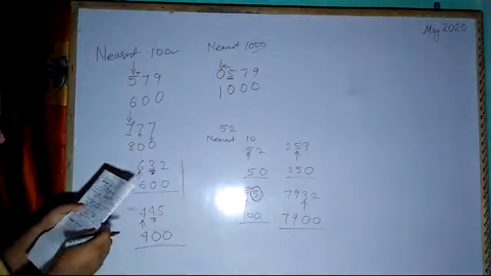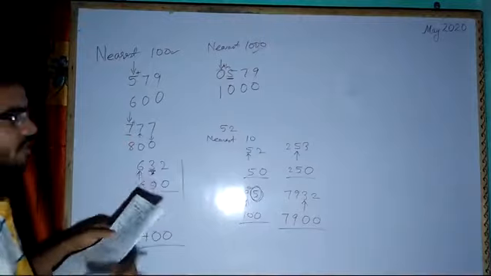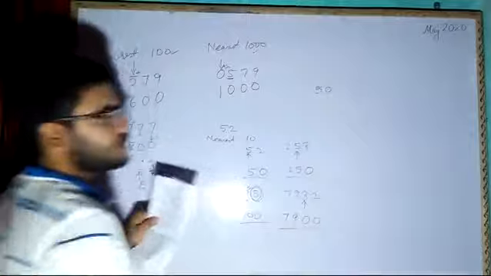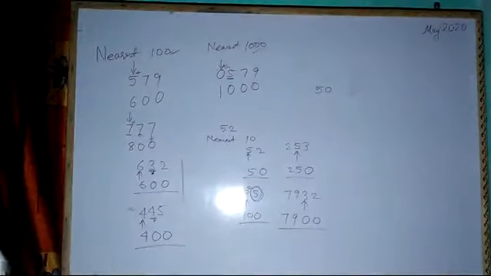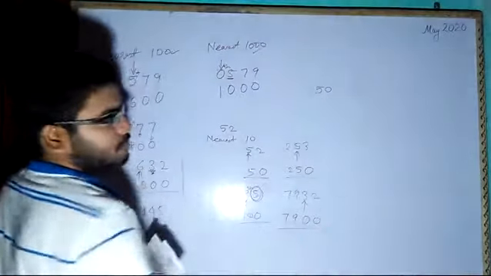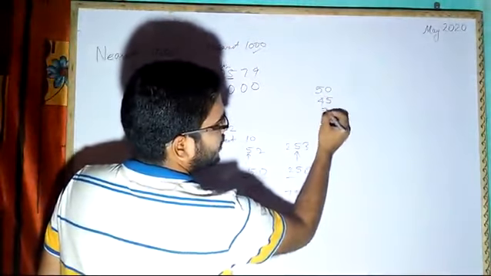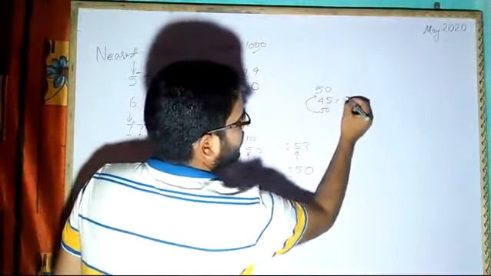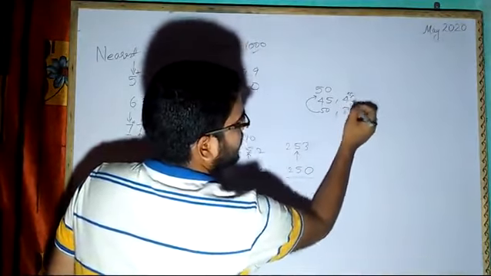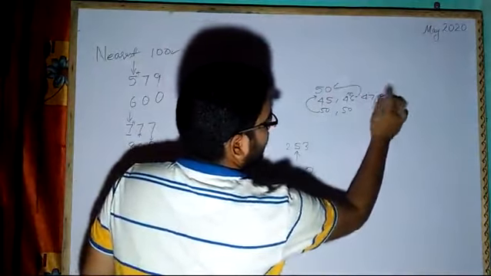Now in case of the second question, round off to the nearest 10, what number can be estimated as 50 and 960? Now we have to round off to the nearest 10. This number is 50. This number is already rounded off and given to us. Now they are asking which number will be rounded off to 50. That means if I have 45, then this round off will be equal to 50. If I have 46, then also 1 will be added. It will become 50. So 46. Then in the same way we have 47, 48.